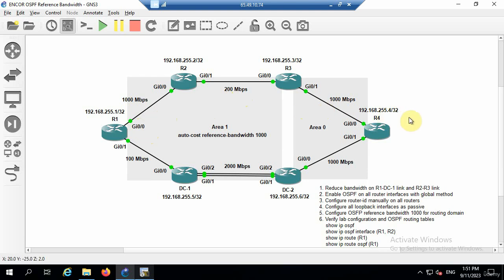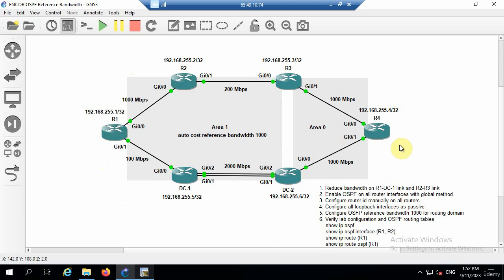Then I also have to add 1 for the loopback. Anytime you have a route to a loopback, the loopback itself is going to add a cost of 1. It's just how OSPF does it. So I should see an 8 there for that, and that will be the preferred route instead of this R1,